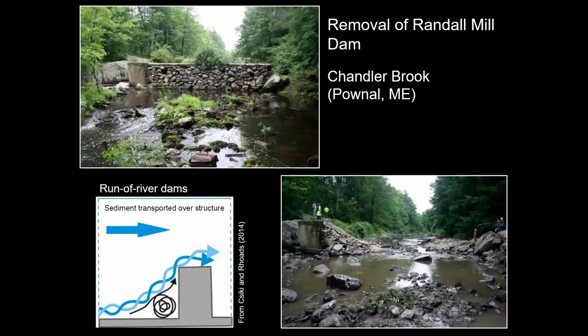Now let's look at another scenario, the typical run-of-the-river dam. I know Noah mentioned last week that this is maybe the rule rather than the exception in New England, where in fact we have no sediment accumulating behind the dam. The hydrodynamics of flow in these settings actually allows not only the water, but the sediment to also pass over the dams. So when we removed this dam, there was actually no sediment accumulated behind it.